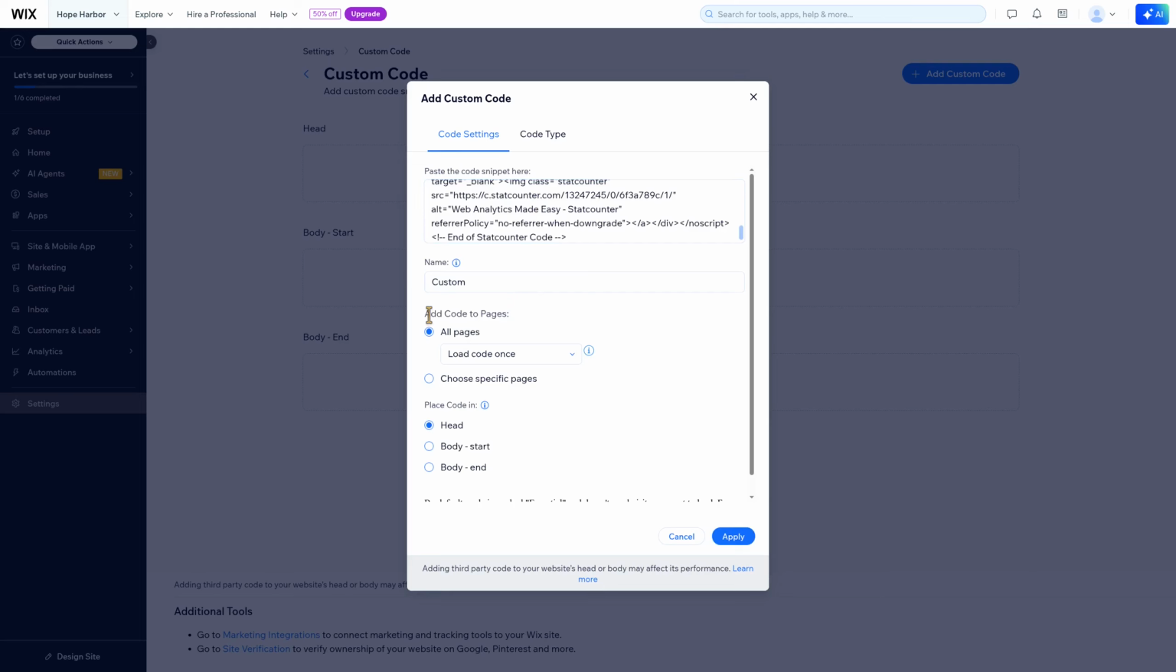And right here it says Add Code to Pages, All Pages. That's what we want. But click this drop down and change it from Load Code Once to Load Code on each new page. And then click